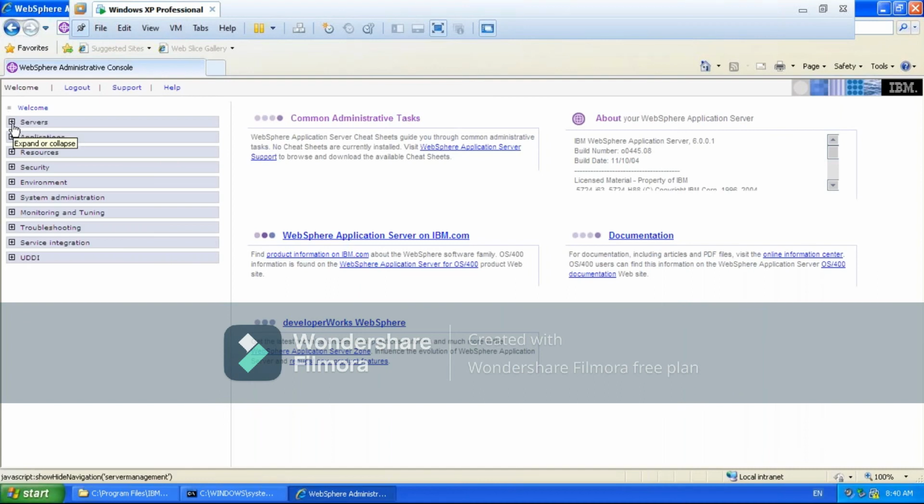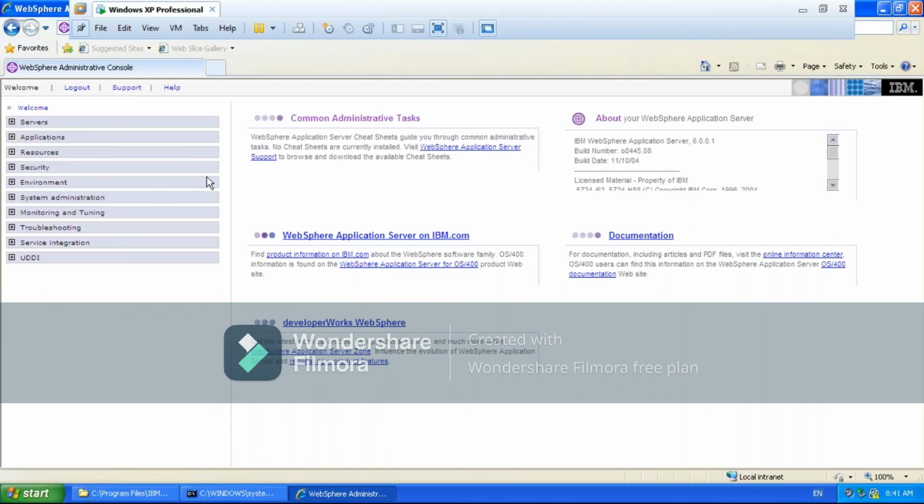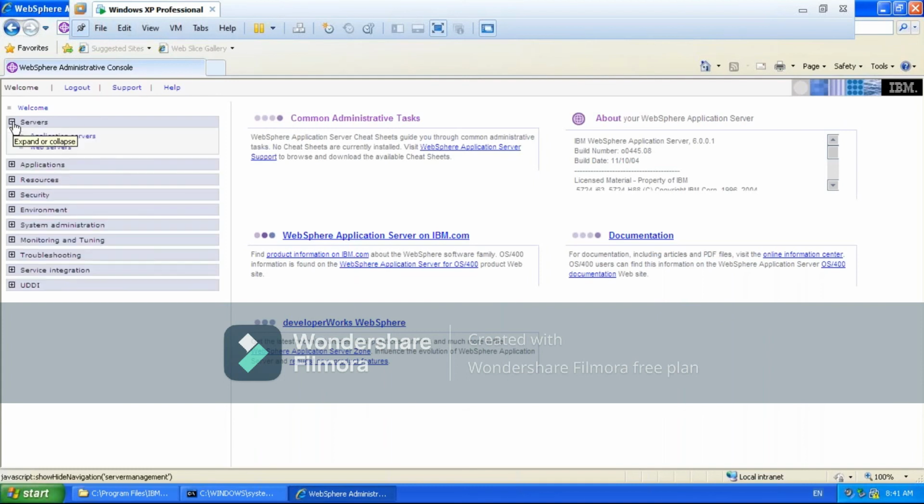Cool. So those are the servers. See here, this is the place where you will do the entire administration of your servers. So you should be very clear with each and every point on the left side. If you expand Servers, you will see both application server as well as web server, as it is a standalone.